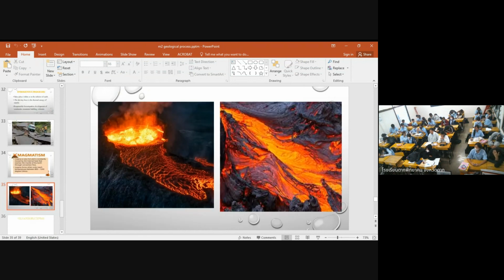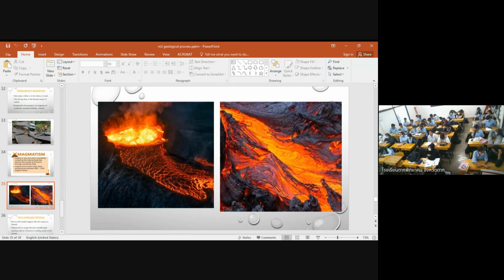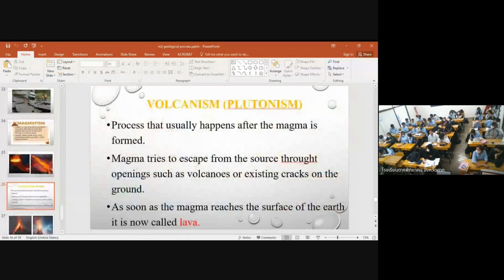So this is the picture of the magma. We have this one. And then next we have